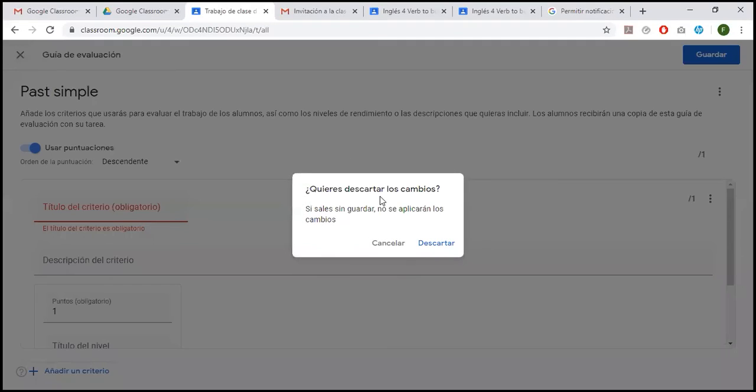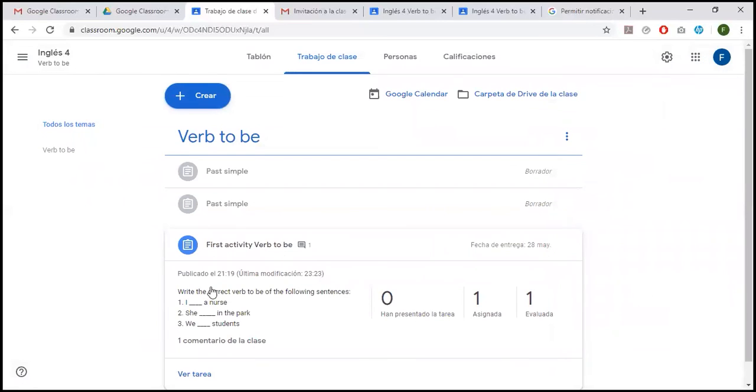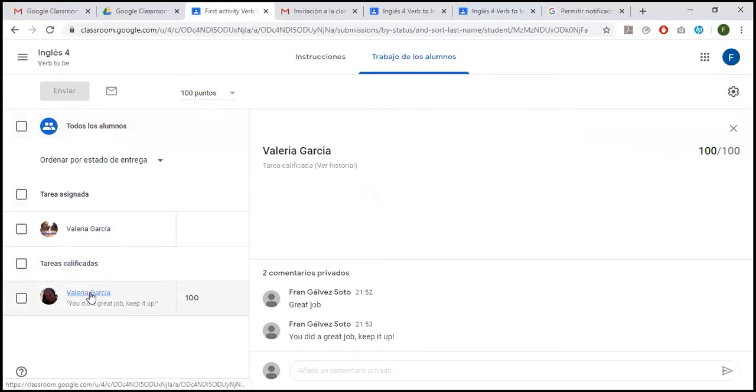Now let's go back. So as you already saw, I already created this one. And let's see the homework. We can see right here that this student already did her homework and I already graded it. This student, on the other hand, hasn't done the activity yet, so she doesn't have any grade. So I already graded this one, as you can see,